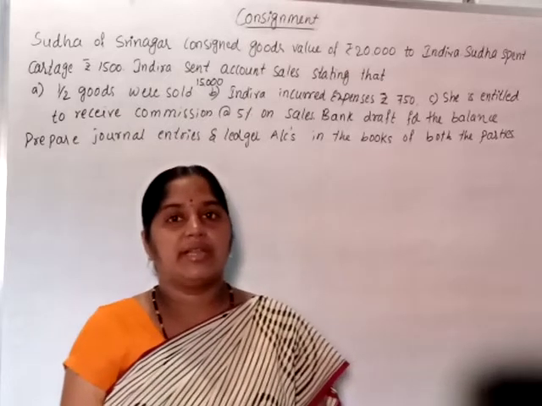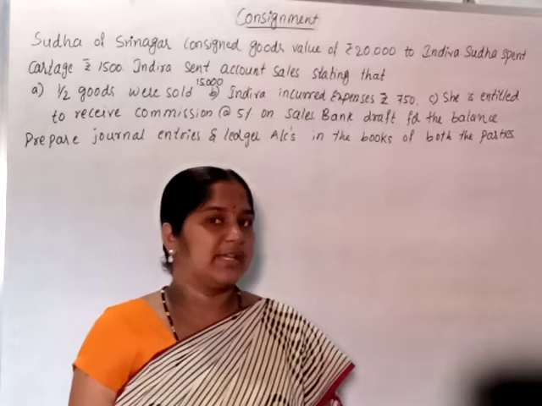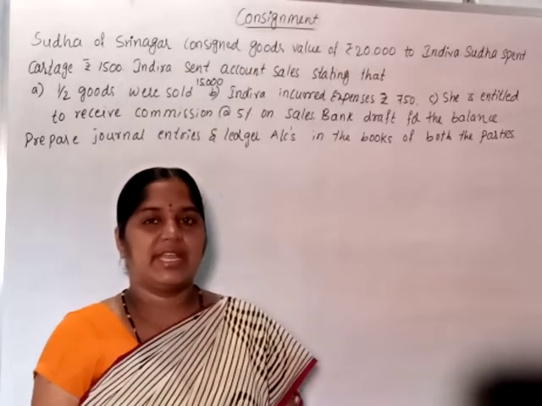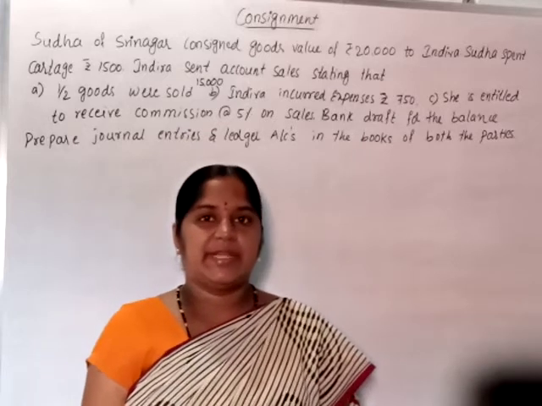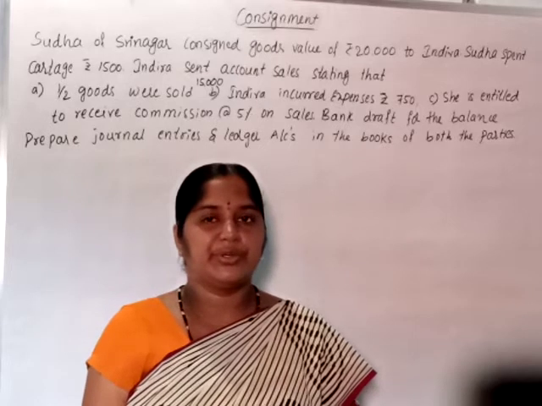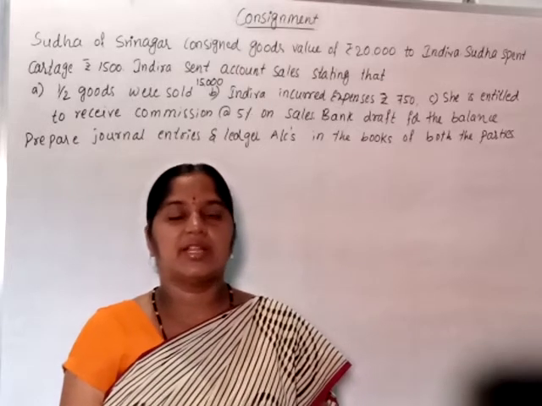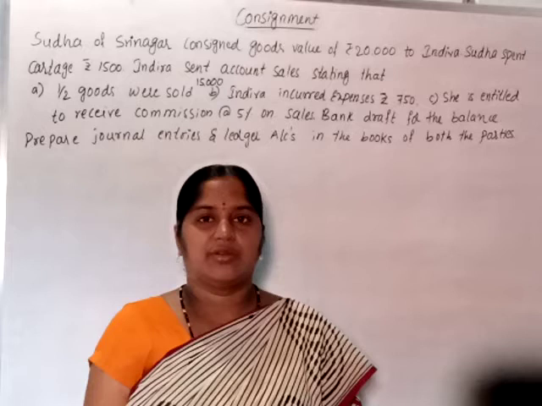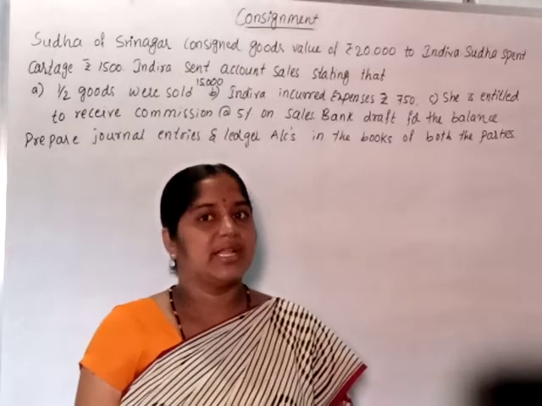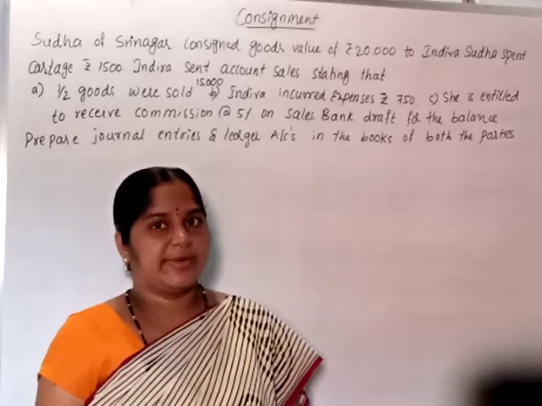So when calculating the unsold stock, you should not consider those types of expenditures. Once again I will repeat: the consignee expenditure of 750 rupees is given, but the purpose is not mentioned to you. In that case, you treat those as recurring expenditure only. While calculating the unsold stock, do not consider those types of expenditures.